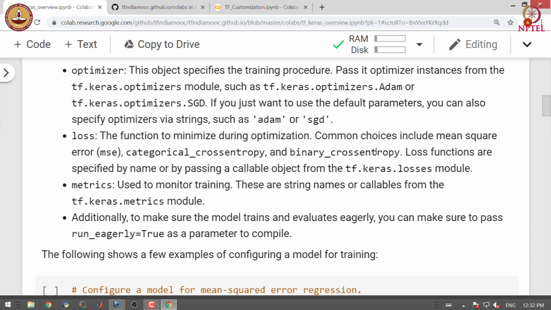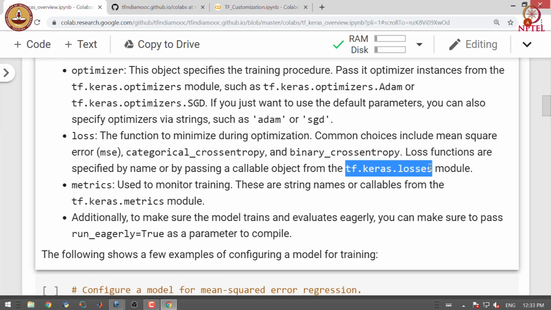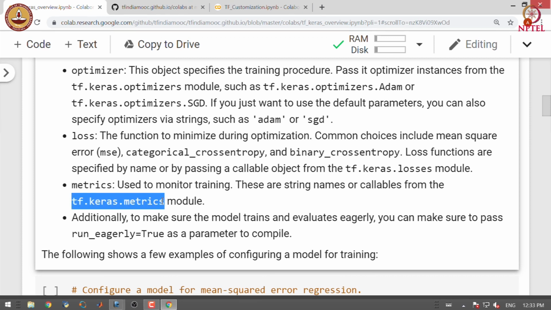The common choices include mean squared error, categorical cross entropy loss and binary cross entropy loss. The loss functions are specified by name or by passing a callable object from the tf.keras.losses module. We also specify metrics used to monitor the training. We can use string names or callables from the tf.keras.metrics module.